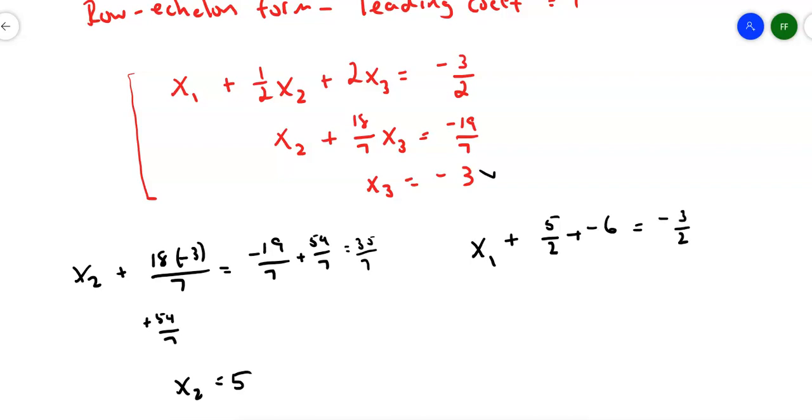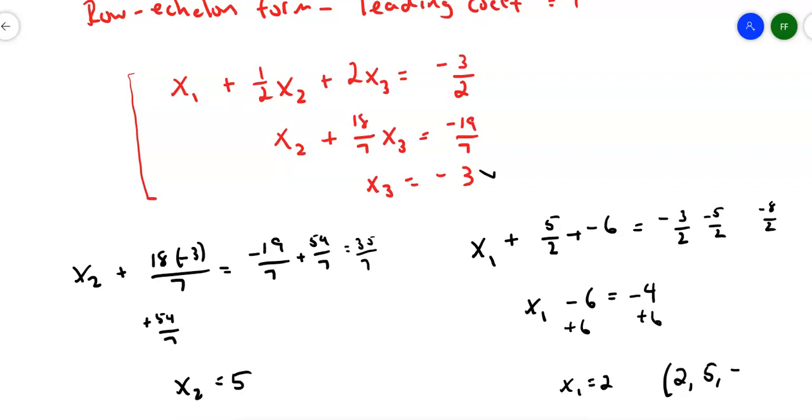All right, so let's subtract 5 halves from both sides. And negative 3 halves minus 5 halves will give me negative 8 halves. Negative 8 halves is negative 4. And now add a 6 to everything, and you get x sub 1 is 2. So if I want to do like I did before and write it in triple form, I get 2, 5, negative 3. Now I happen to know that this answer is correct, but when you're doing a system of equations like this,